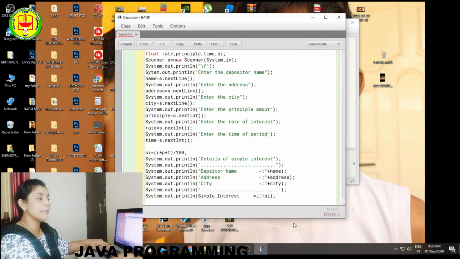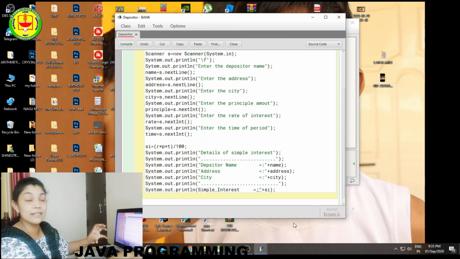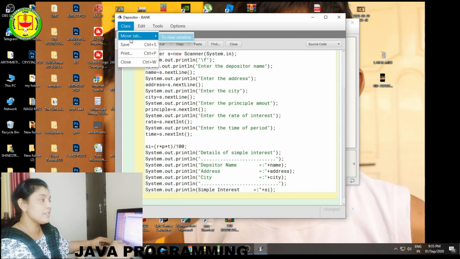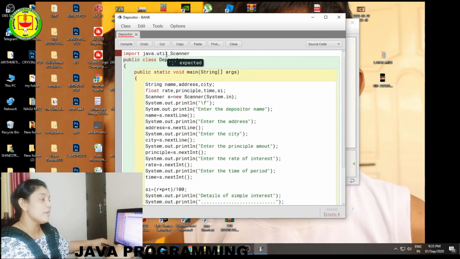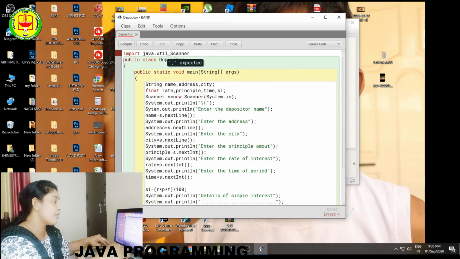Okay, before printing the simple interest, how are we going to calculate it? The interest amount details need to be printed. First the principal amount, then the rate of interest, then the time period, and you have to print them. Okay, so let's see how to calculate it. First you have to type